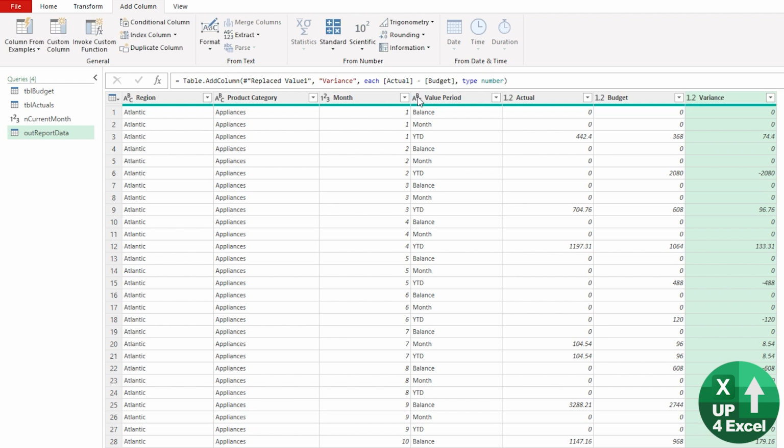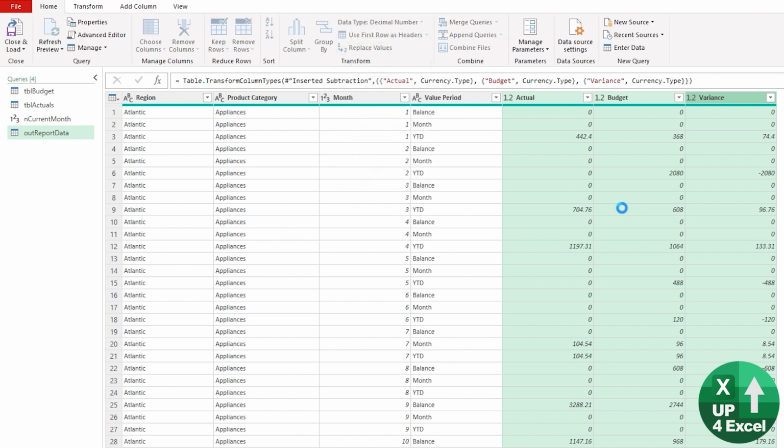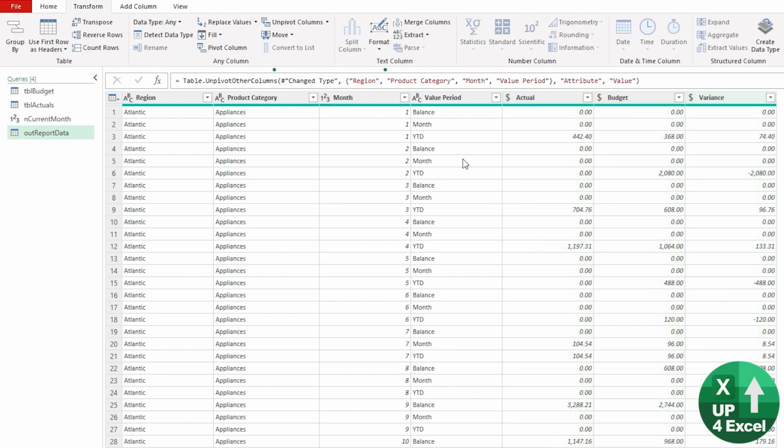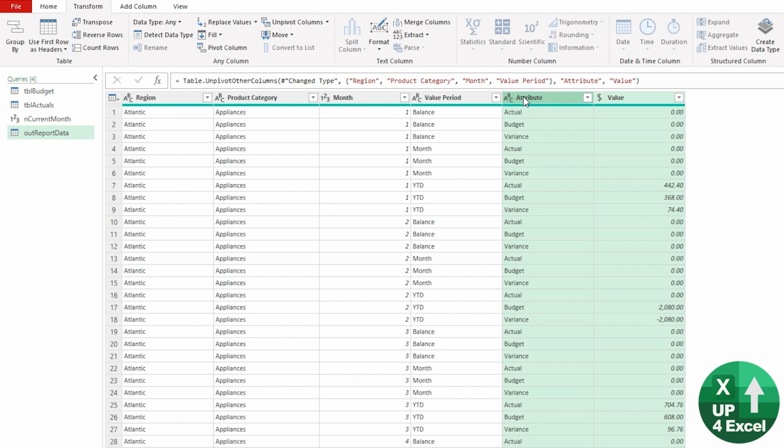So now we have our variance column. I'm going to change all of those by highlighting all three using the shift key, and on the Home menu I'm just going to change those to currencies, and then I'm going to unpivot those columns again. So unpivot those there, so we now have our actual, budget and variance in a single value column, which is